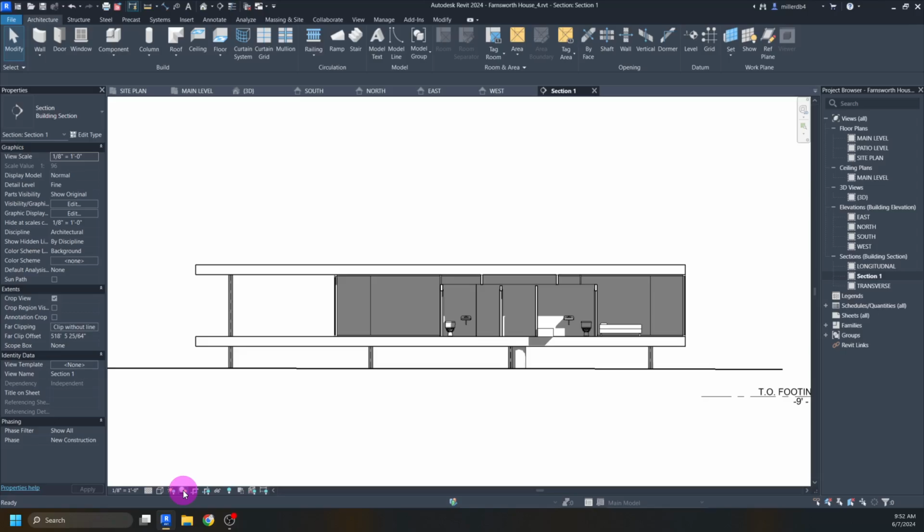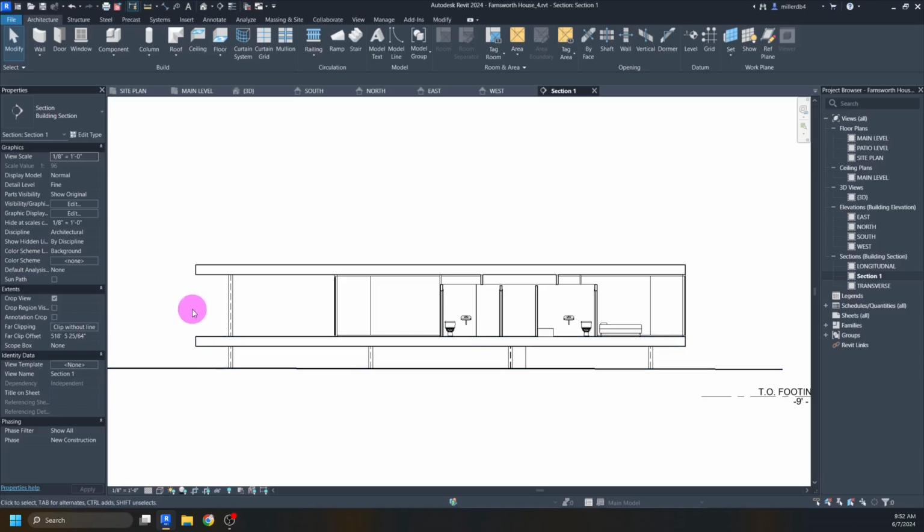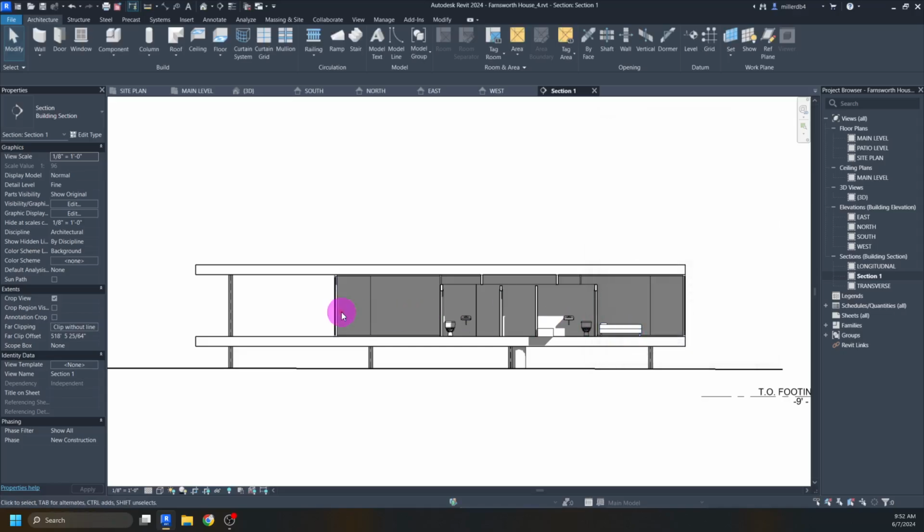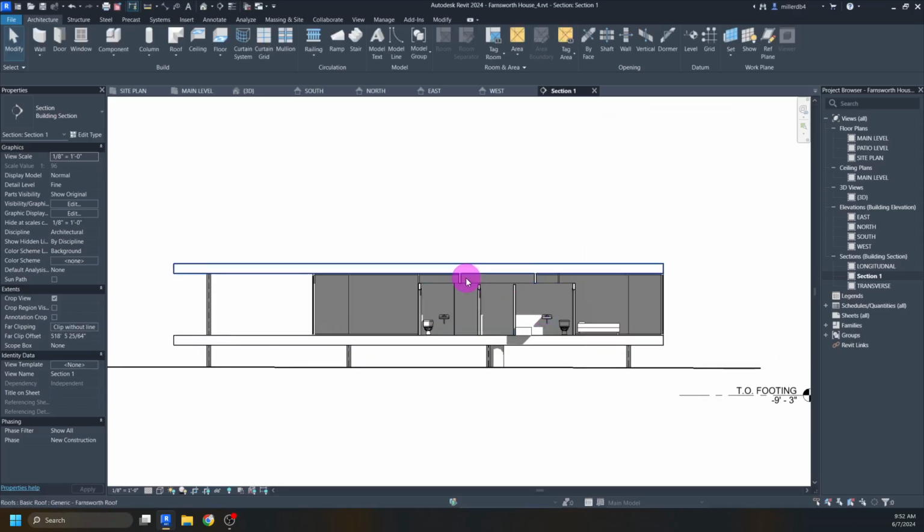I'll turn shadows on. If I don't like how shadows look, I can always then go into my graphic displays, which again is GD, and I can see if I like ambient shadows applied. I kind of don't mind all of the shadows in this one necessarily, but we can also then, like in our visibility settings, so that's VG, or this button here,